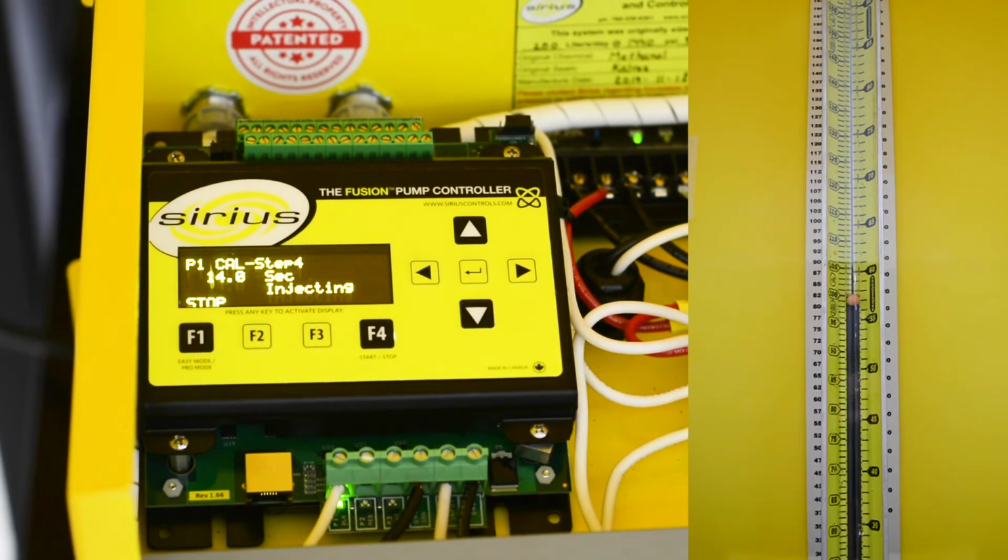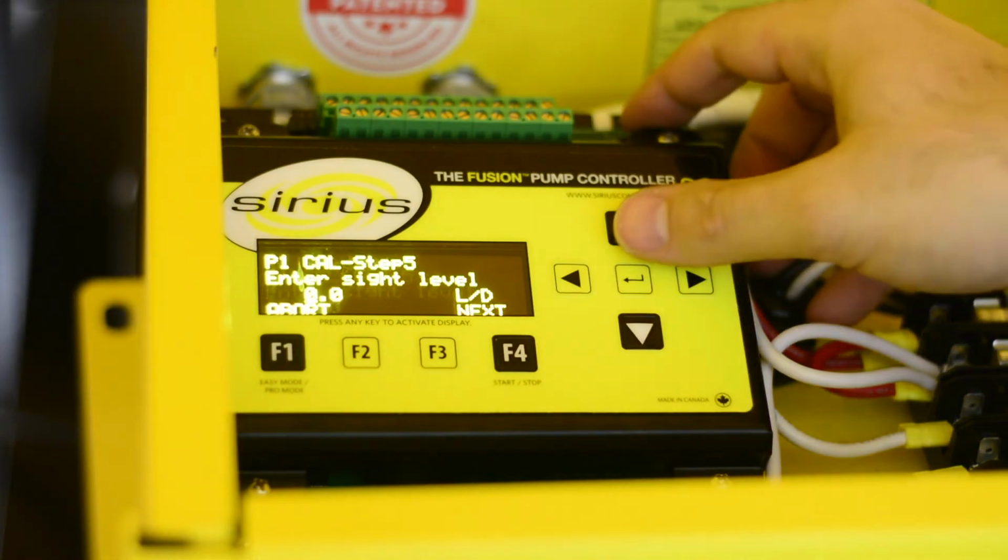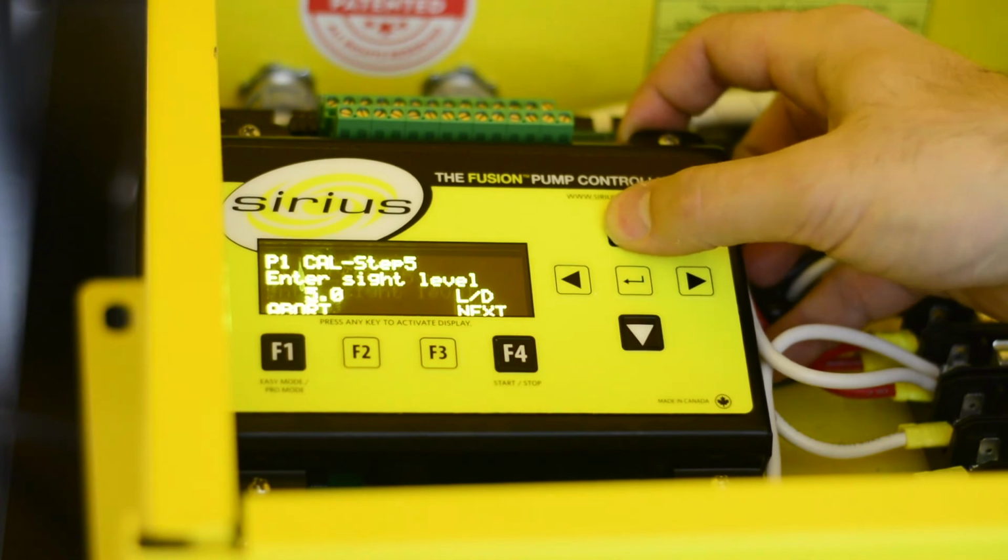This simple process eliminates the unnecessary time-consuming tasks required to adjust the rates of a conventional chemical pump. There are no charts, tables, or calculations required to determine plunger size, stroke length, or frequency and duration of duty cycle. The calibration is now complete, and the final sight glass reading is 75 liters per day, which we enter